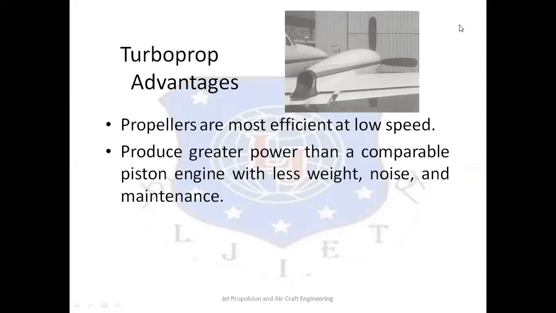Second advantage, that it has an ability to produce the greater amount of power as compared to the other engines such as IC engine, with less weight, noise and maintenance. So if you consider the weight, noise and maintenance, it is quite lower than the IC engine,